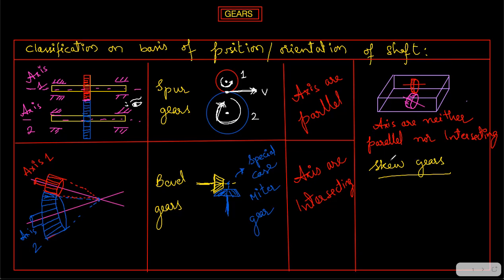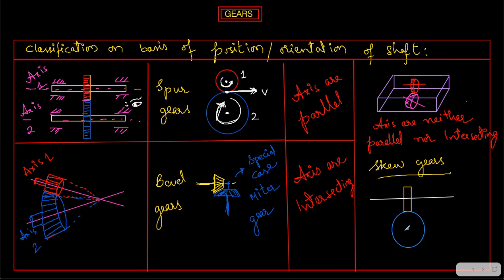In this special case, the shafts look to be perpendicular to each other. Just imagine this is a gear, and then you have the axis of the gear. I'll draw it like a line. The axis of the gear is this one, and then you have another gear. So this is our other gear. You can see it clearly, right?